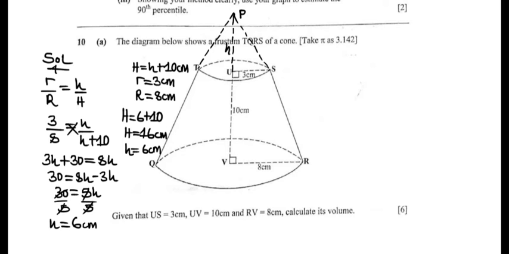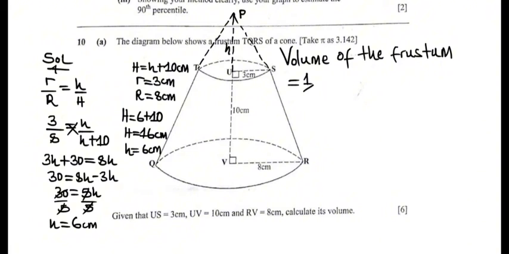Now, to get the volume of the frustum, we are going to calculate the volume of the big cone and then subtract the volume of the small cone. So this will be done as follows. Volume of the frustum will be equal to, first of all, the volume of the big cone, which is 1 over 3 base area. For base area, it is pi capital R squared, then capital H. Then minus the volume of the small cone, which will be